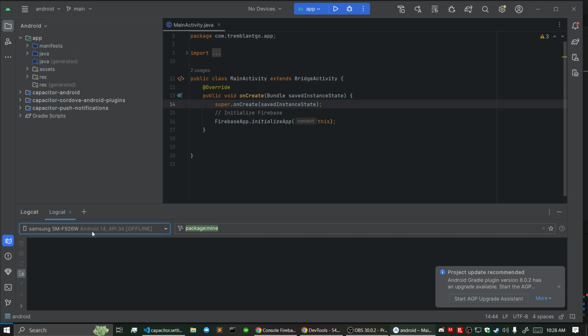I think the SDK is Android 34, the latest SDK 34. I think it's 35 the latest. But yeah, so